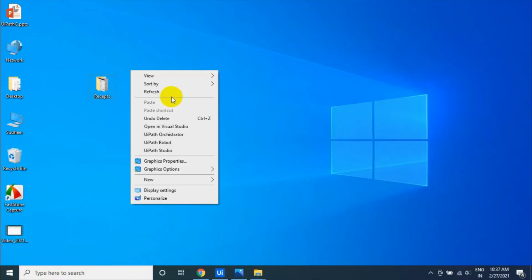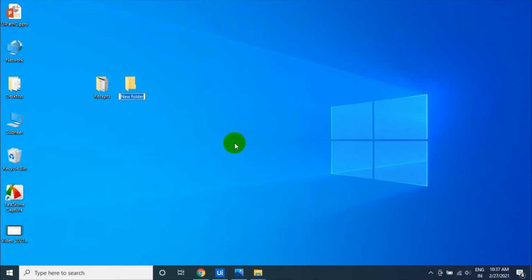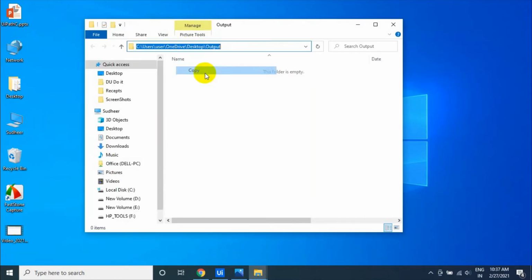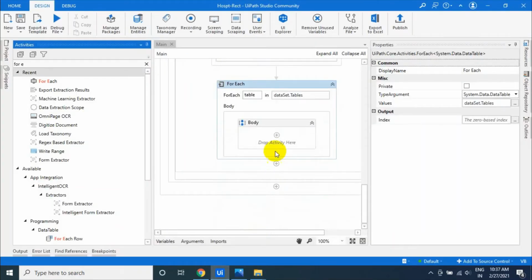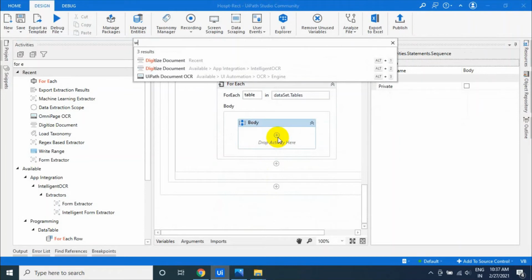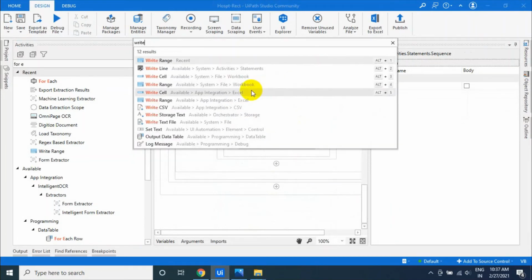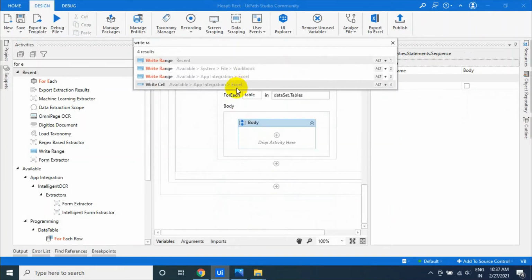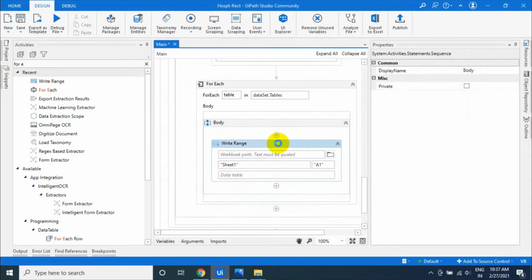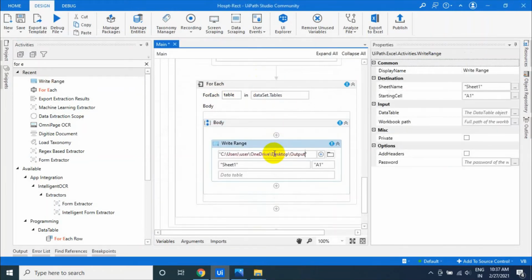What we can do is create a folder called outputs. In the outputs folder, just copy this path and create a write range. Use a workbook activity, the write range, with the path, slash, and the file name as table dot table name.